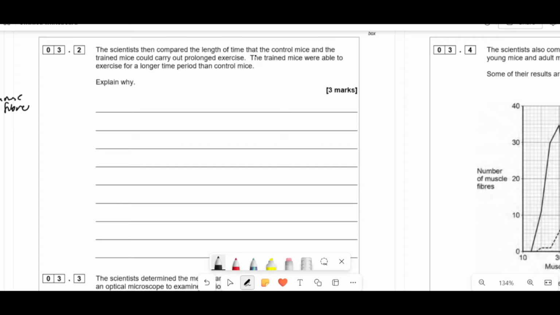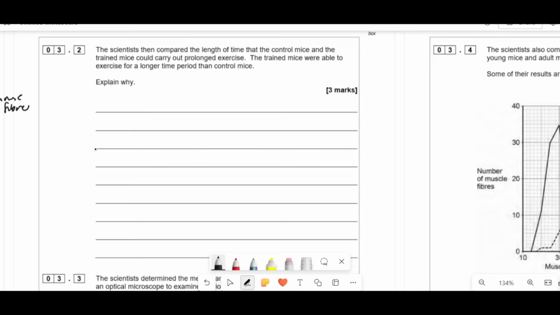The scientists then compared the length of time that control mice and trained mice could carry out prolonged exercise. The trained mice were able to exercise for a longer time period than the control mice. Explain why. So here, you've got to use what the question says and then go back to what it is. Less than 10% of people got all of the marks. Lots of the answers were just general changes like more mitochondria, increases supply, but not actually explaining why on earth